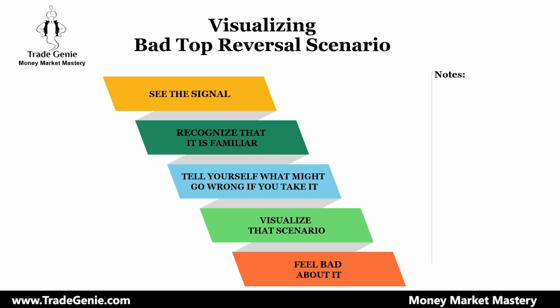So now visualize it. You're seeing the signal, you recognize it's familiar, then you're telling yourself what might go wrong if you take that signal, and you don't do anything, and it was a good one, because you're visualizing all the bad scenarios, you're feeling bad about it. So you have to see how many times you saw the signal, you recognized it as familiar, and you created a story in your mind, and then the trade turned out to be a great trade. So what happened? If you keep doing it, keep ignoring all the good signals,